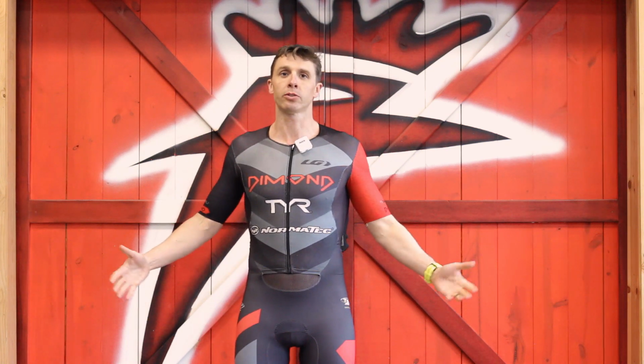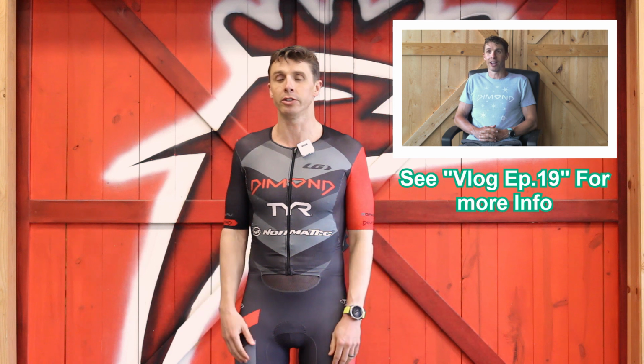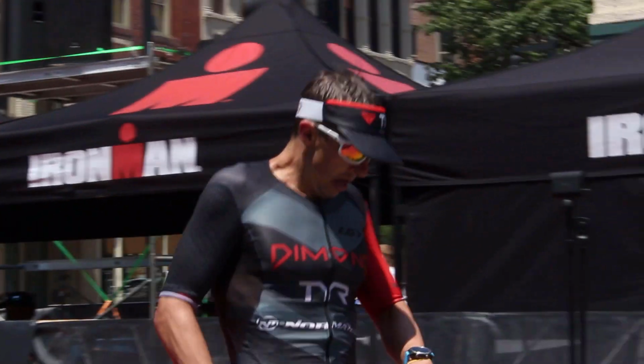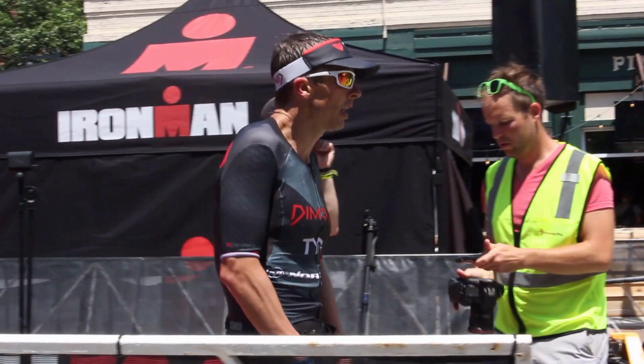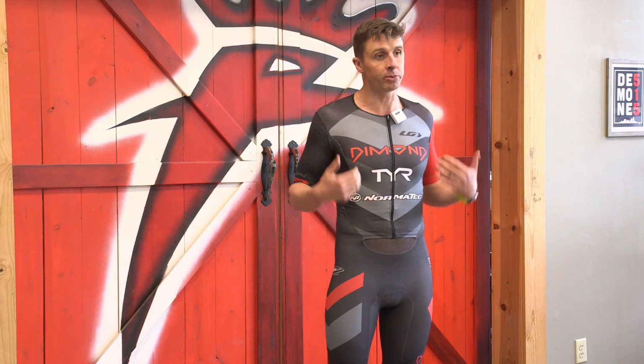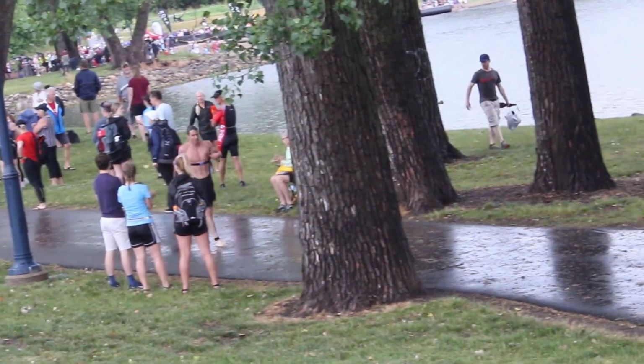So take a look at the last one. This is the last one that I put on. This was the suit that I wore in my very last professional triathlon just last summer, June of 2021. This is a Louis Garneau one piece. It does have sleeves, and it was a non-wetsuit swim, so I had a swim skin over the top of this, and I had the suit rolled down and I pulled it up wet, put my arms in it,